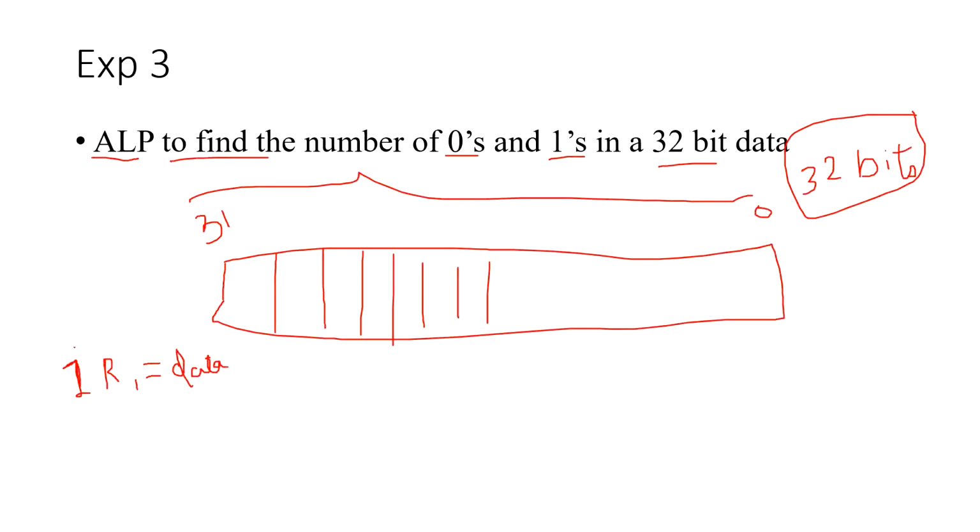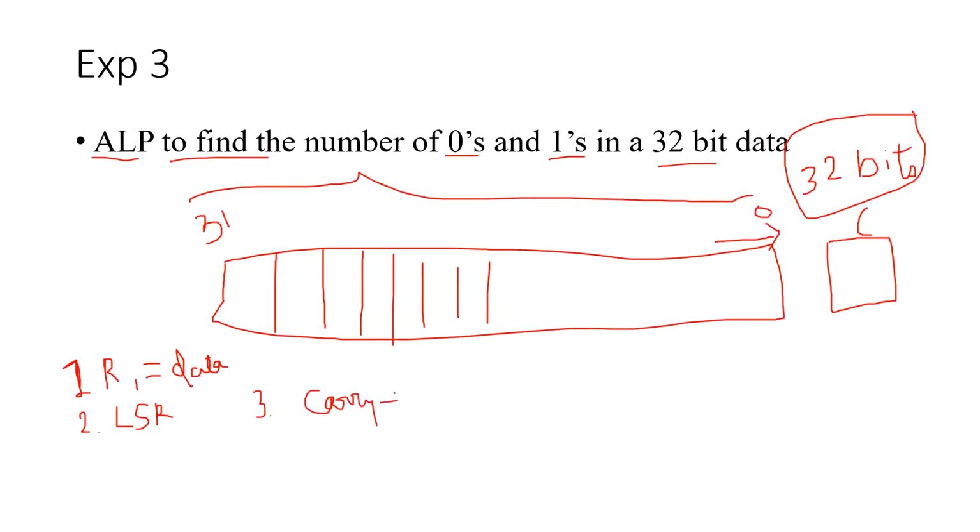Second, you should rotate the data. For example, we'll take it as LSR, logical shift right. So if I rotate the data, what will happen? Whatever the LSB is there, if I am using LSR, will come and sit where? It will come and sit in the carry bit. So whenever it sits in the carry bit, the logic is that you are supposed to check the carry.